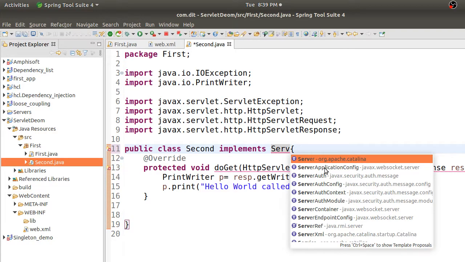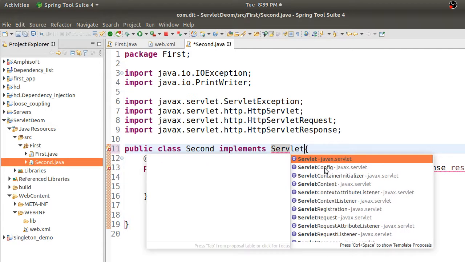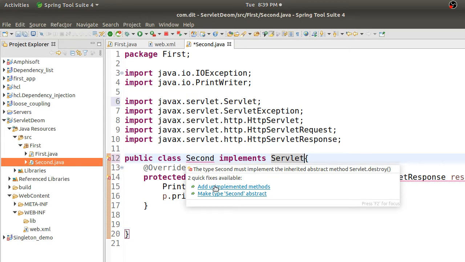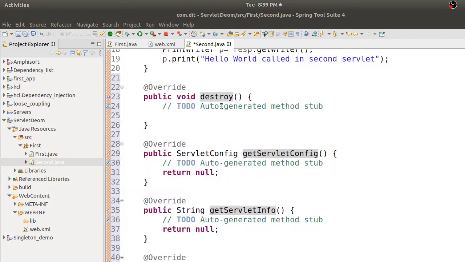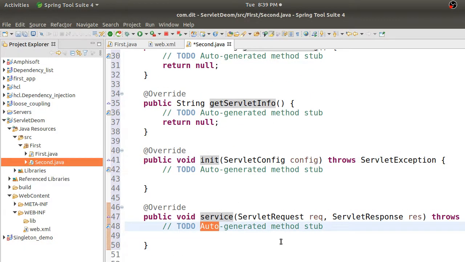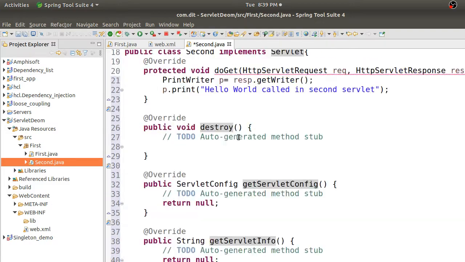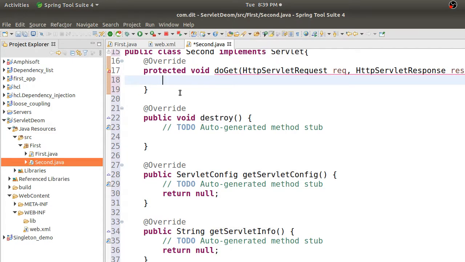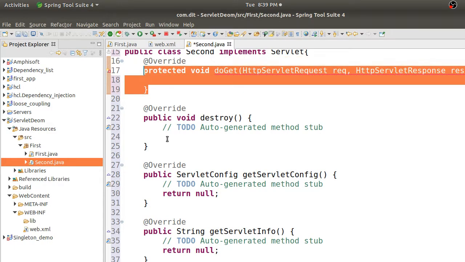You can do that, but it will force you to override all the methods. There is a method called destroy, a method called init, and service. You should override all the methods, and give the implementation of this do get method inside the service method. So you just do Control X and delete this because we don't need it.